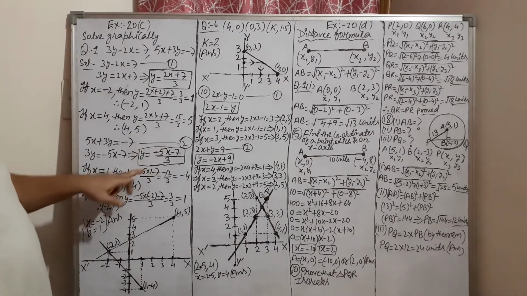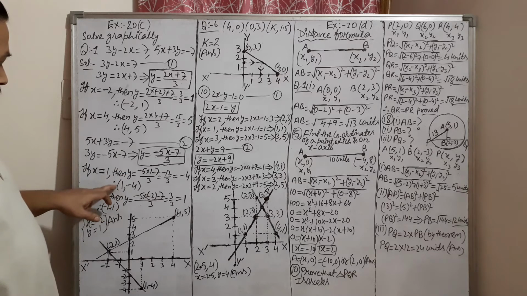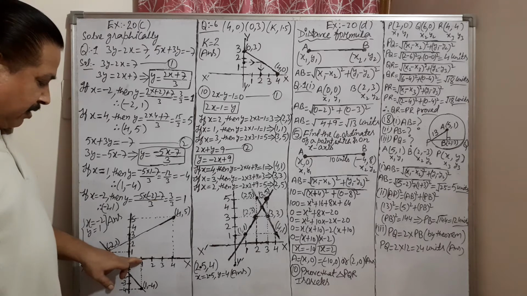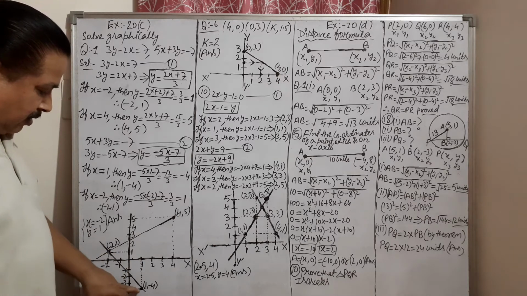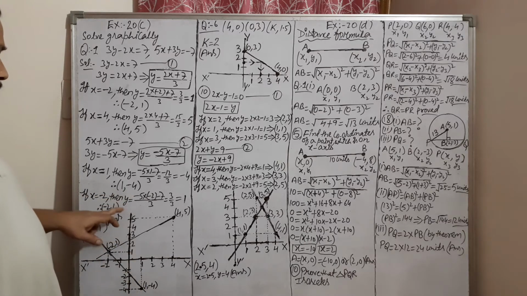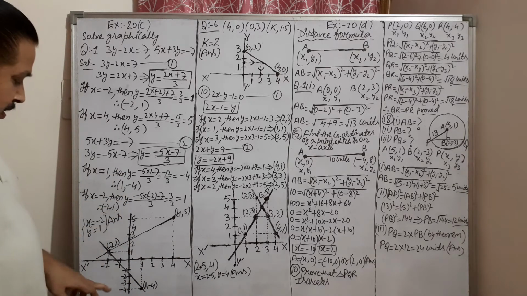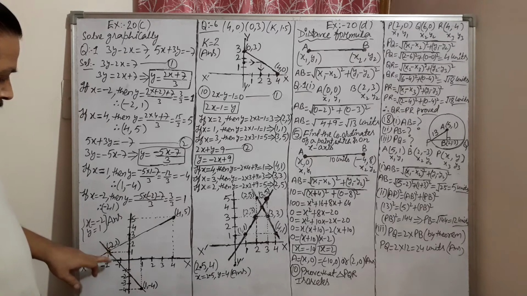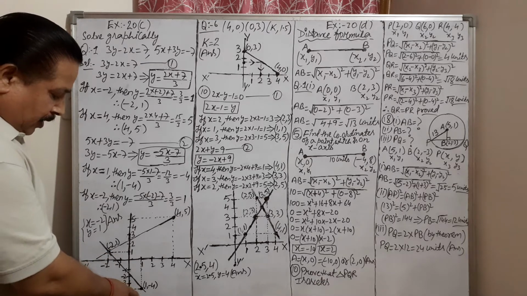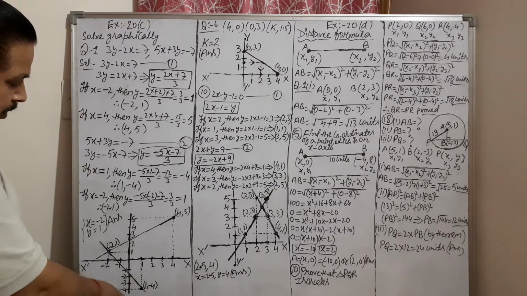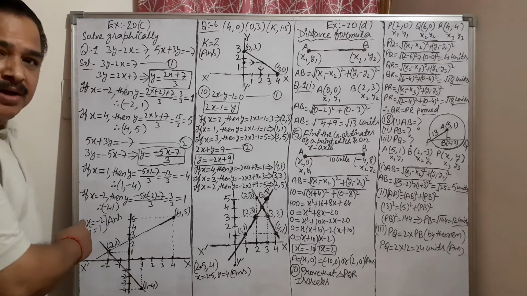Now similarly for equation number 2, we have two plotting points here. First plotting point 1 comma minus 4. So 1 on x-axis, minus 4 on y-axis. They are meeting here. 1 comma minus 4 is here. And now see the second plotting point of equation 2, minus 2 comma 1. Minus 2 on x-axis and 1 on y-axis. It is already here. Now again take your scale, put it along these 2 points and just join them. This line is representing equation number 2.